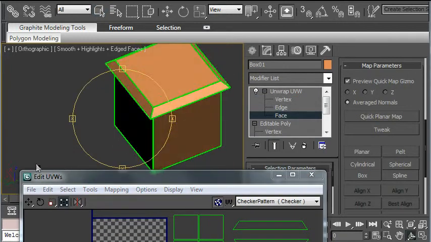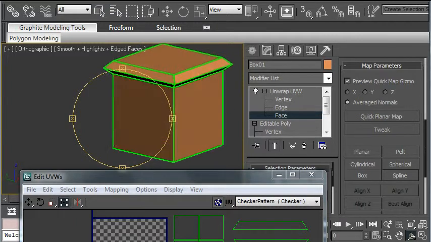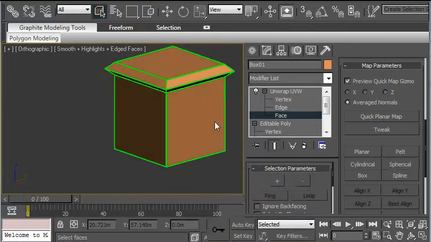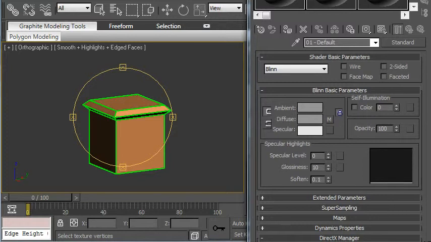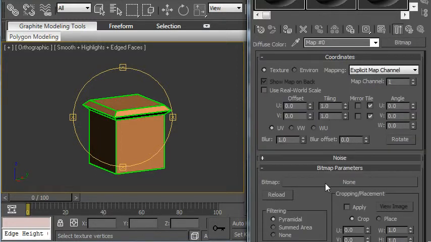As you can see, the box has all the green lines all connected. So we have all the parts mapped out. We just have to add the TGA texture. Go to Material Editor, pick the first material slot, and go down to Diffuse, and click the button there, and under bitmap parameters, click the bitmap. It'll have none there,